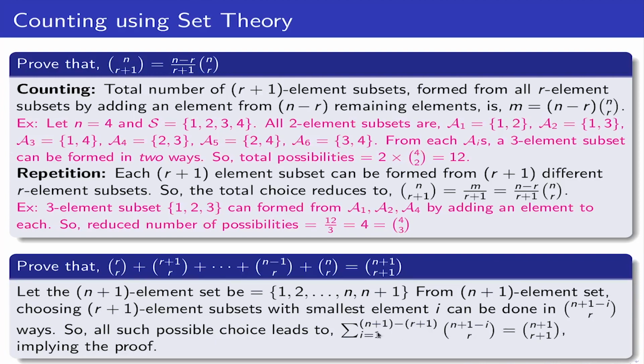This will imply the proof, because if you unfold this summation, it will give rise to this one. I equal to 1 gives rise to n plus 1 minus 1 CR, so it is NCR, the rightmost for this part. Then it is n minus 1 CR, up to n plus 1 minus (R plus 1). So you will see that n plus 1 minus this will give rise to this one. So this formula is true, and we proved it using set and subset concepts instead of trying to do it algebraically.